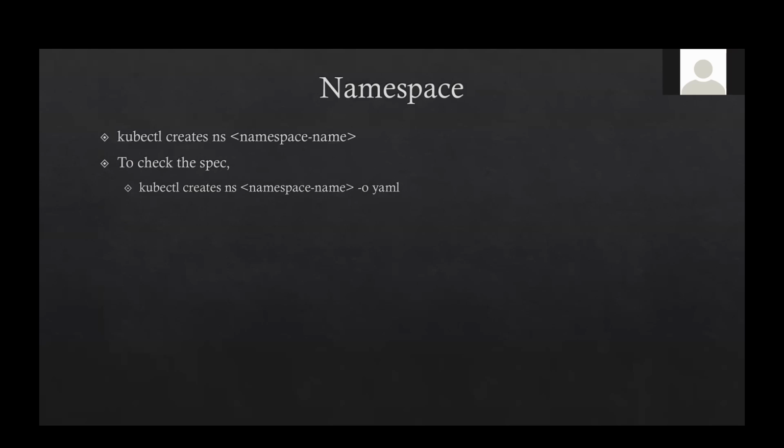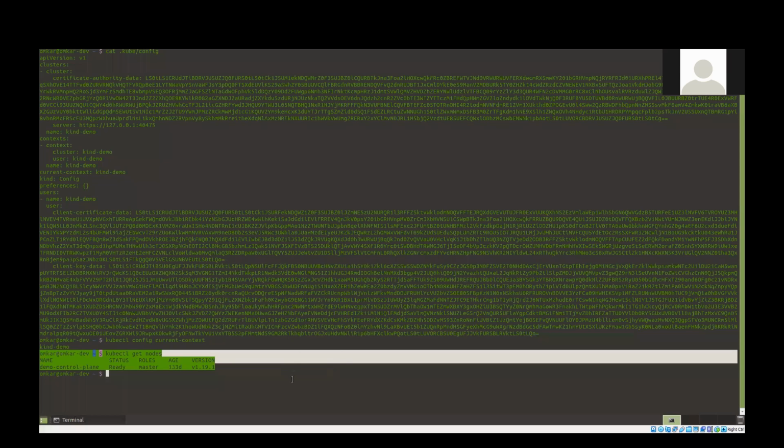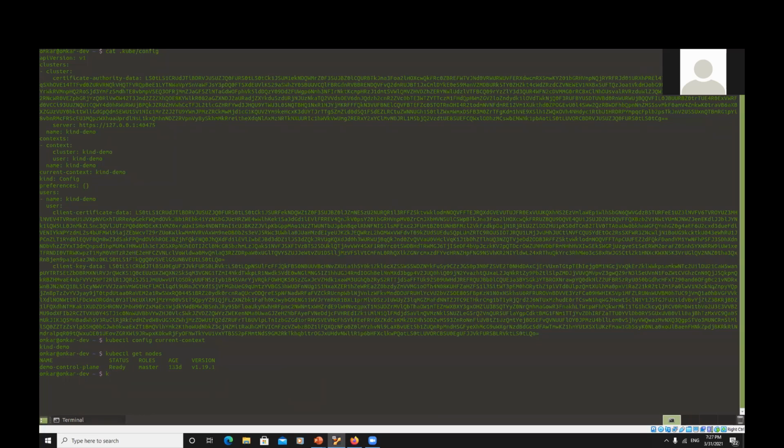So yeah, it's always a good idea to separate your workloads. This could be as simple as, let me clear these things. It could be kubectl create namespace. Let's say workshop